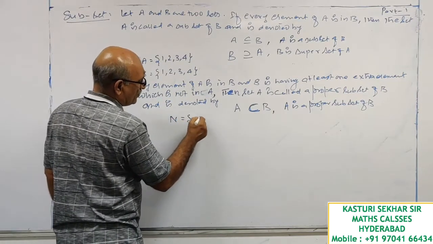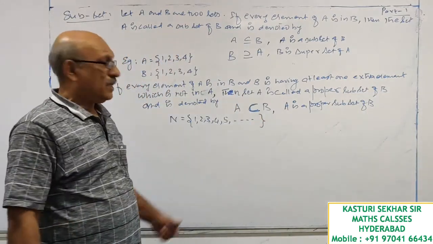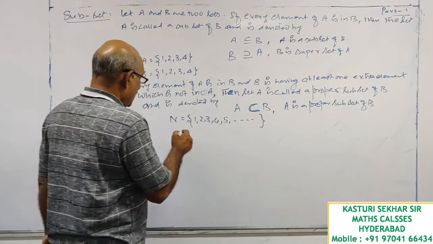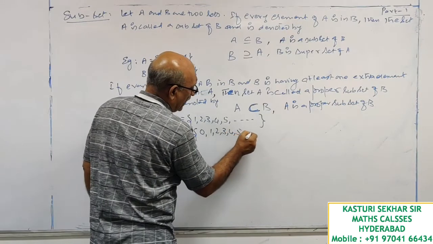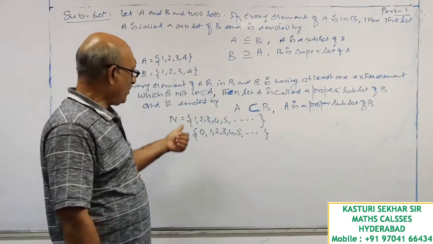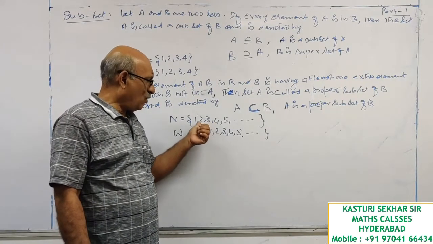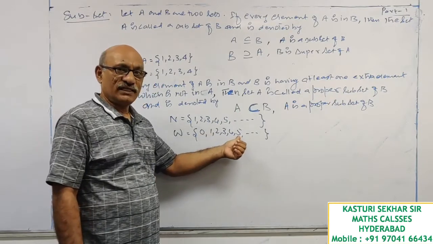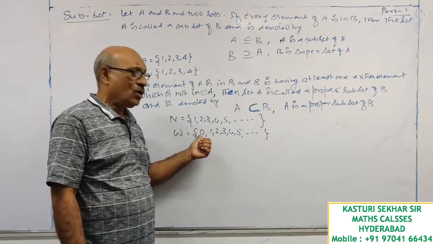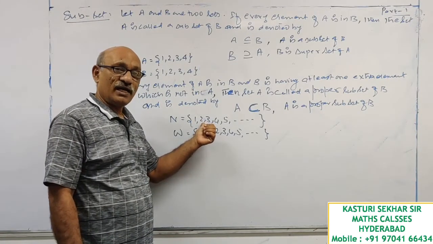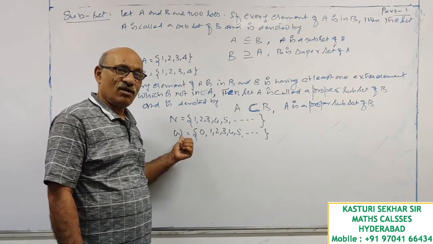Set of natural numbers: 1, 2, 3, 4, 5, etc. Let us see the set of whole numbers: 0, 1, 2, 3, 4, 5, etc. Now I can say the natural numbers set is derived from whole numbers. 1, 2, 3, 4, 5 are common in both the sets. But the whole numbers set is having one additional element 0 which is not in natural numbers. Therefore you can say natural numbers is a proper subset of whole numbers.